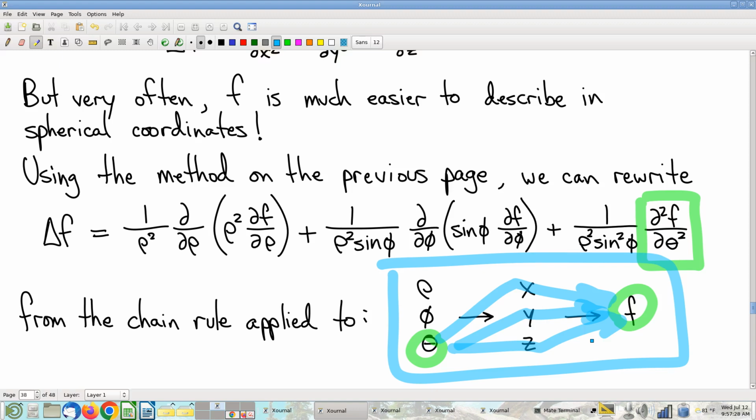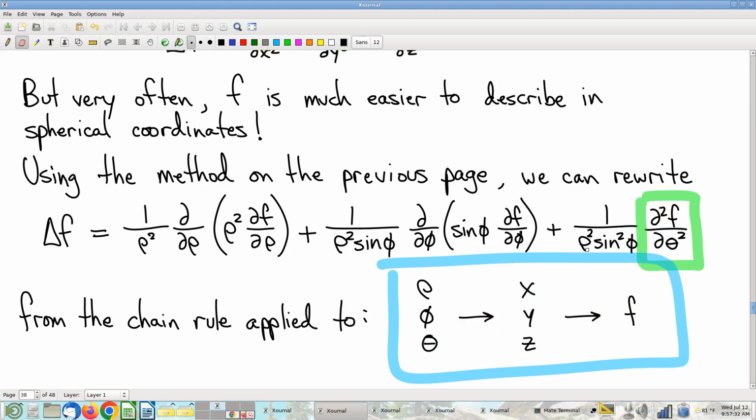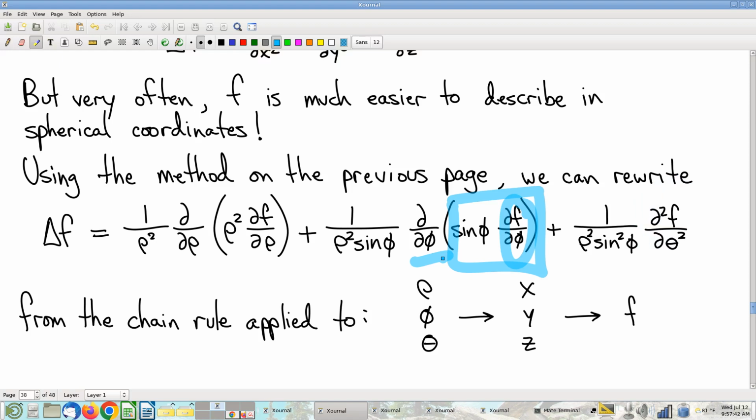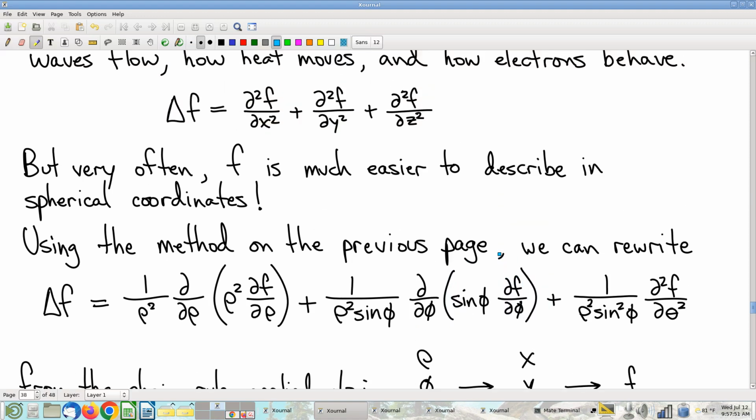And there's a lot of details involved, but you can absolutely just compute this thing here. You can just straight up compute that expression. And likewise, you can straight up compute that, and you can multiply by sine phi, and then you can take a phi partial of that, and you can then multiply by this fraction. You can just straight up compute all these things, and when you do, and there's a lot of details here,